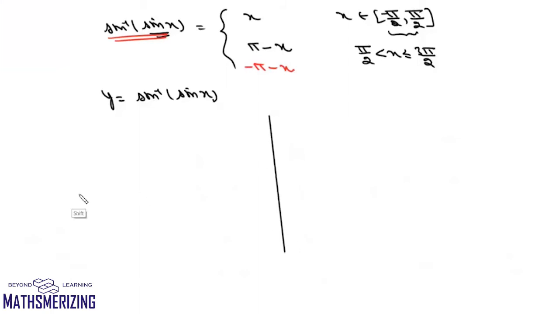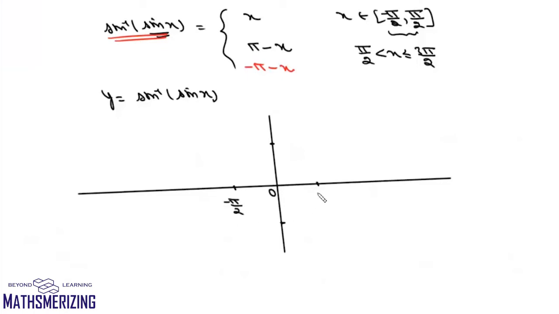So we'll draw the two axes. First, we'll mark the principal value range on both the axes. The principal value range of sine inverse is minus pi by 2 to plus pi by 2. So we'll write minus pi by 2 and plus pi by 2, and here also we'll mark pi by 2 and minus pi by 2. Now we know that in the principal value range, it is nothing but y equals x, which is a straight line. So all we need to do is draw this line y equals x in this interval. So it'll be simply x.